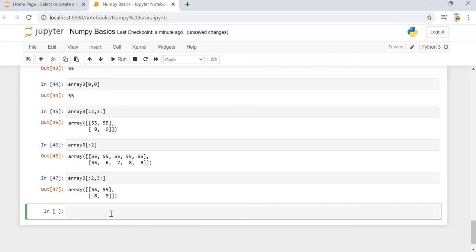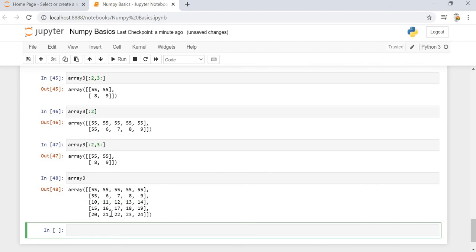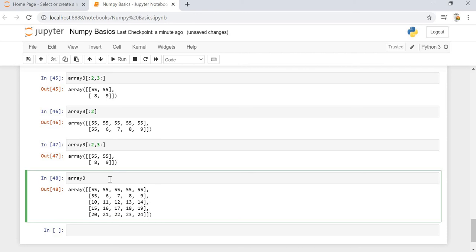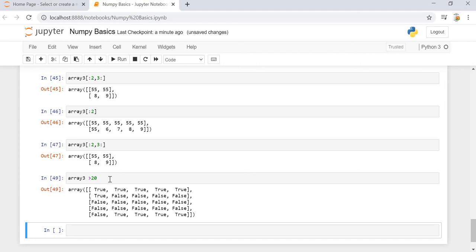Now we also have conditional array selection. What is conditional array selection? Let's say we have array 3 like this. And now if we say array 3 greater than 20, let's say, it gives us values of true, false, true, false, true, false.